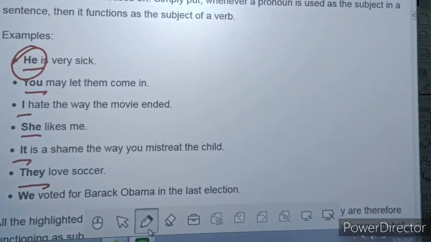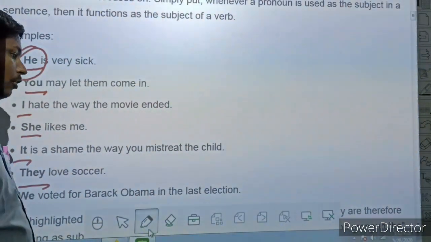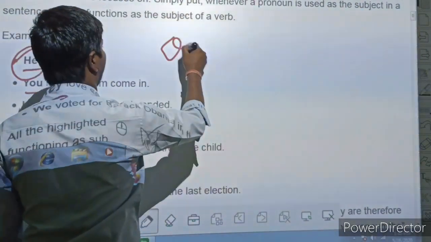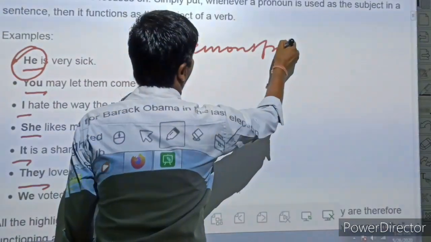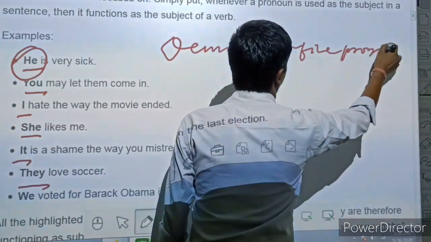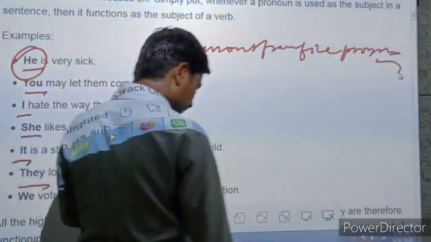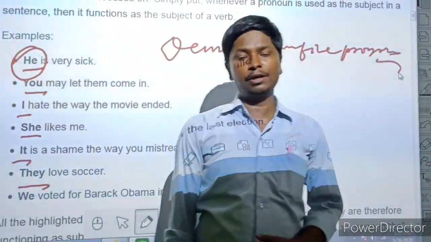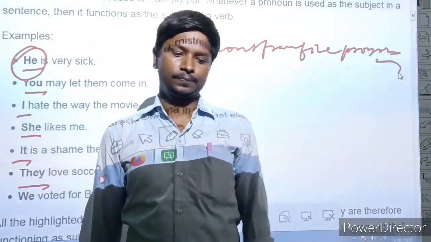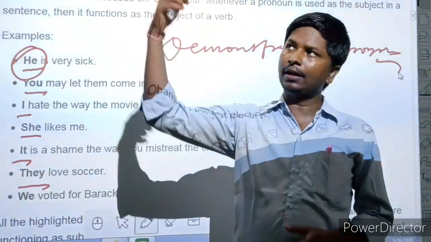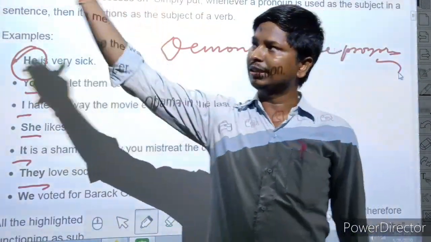After possessive pronoun, I am telling you about demonstrative pronoun. Demonstrative pronoun. When the speaker of the sentence directs to something using a sign, there is the fan, or this is the fan,